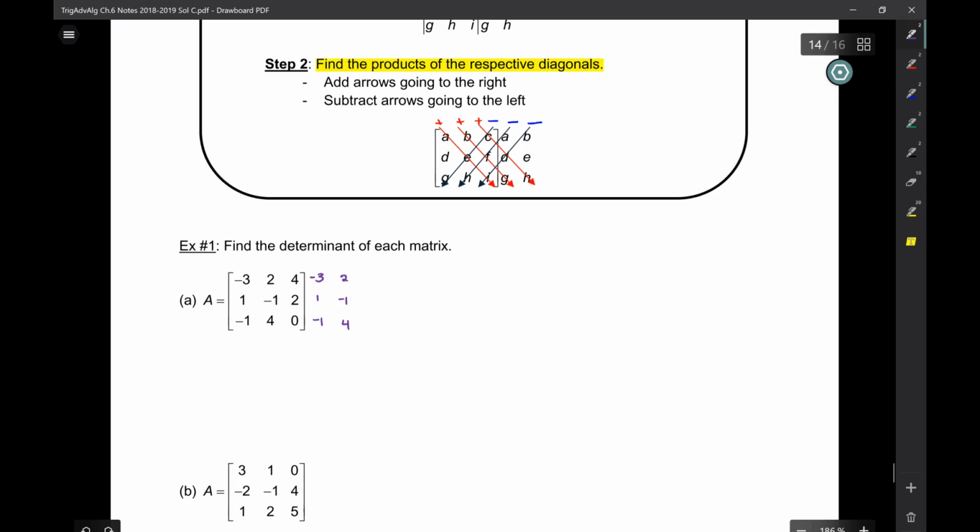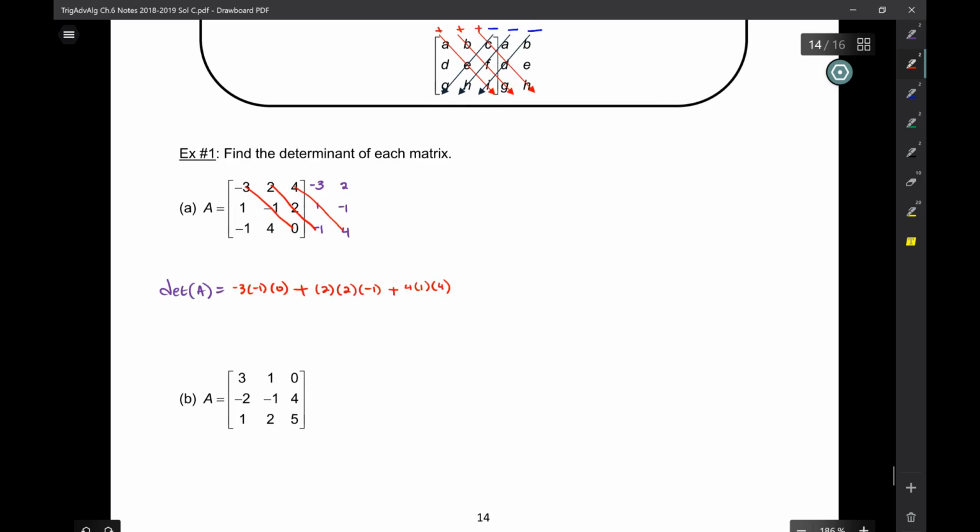All right, and what we're going to do is this first diagonal, so this is going to be the determinant of A. On the first diagonal, I have -3 times -1 times 0, plus second diagonal, 2, 2, minus 1, plus 4, 1, 4, minus